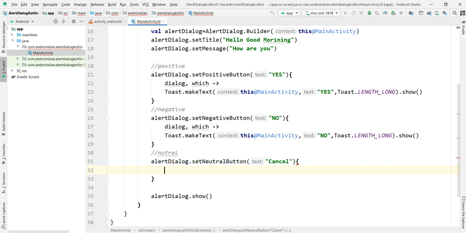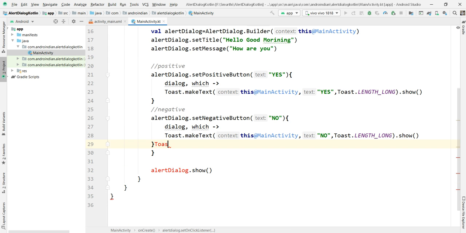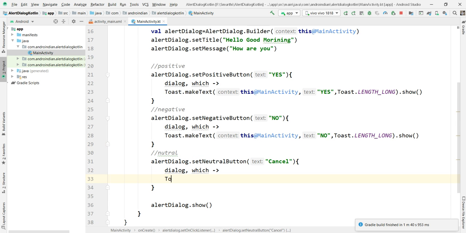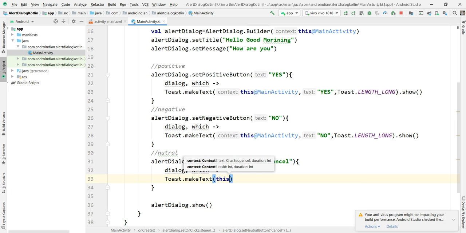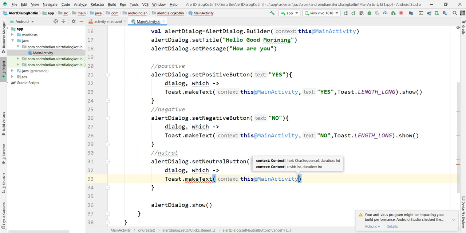Then here I want to write the toast: Toast dot make text, this at main activity, then cancel.